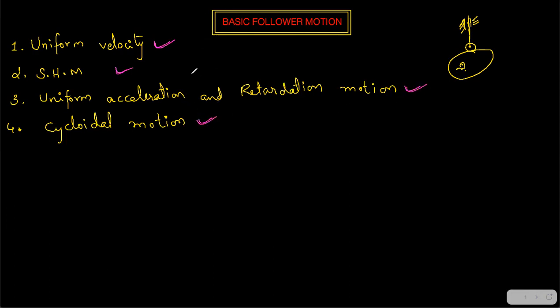You need to study about each one of these motions. This motion is relating to what? This motion is relating to the follower motion. Okay. So basic follower motion. So this is the follower motion. Cam will always have a constant angular velocity. Omega is always constant. So remember, the cam has a constant angular velocity, but the follower can have any one of these motions: uniform velocity, simple harmonic, uniform acceleration retardation, or cycloidal. Okay, so now graphically we will see what is actually happening and why we are studying all these things. We are going to graphically notice each and everything.